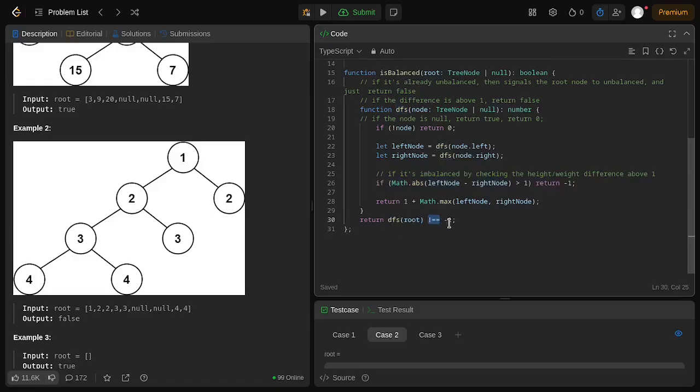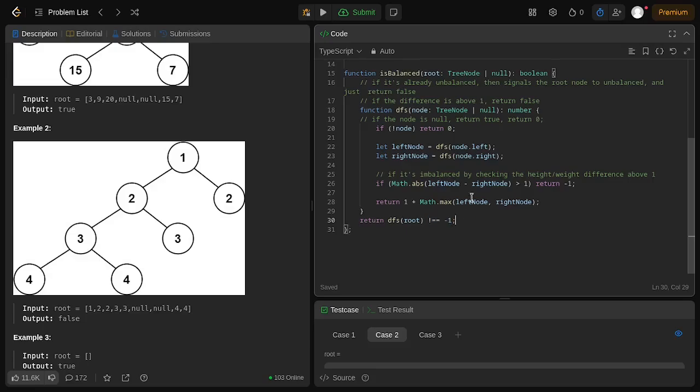Since -1 is equal to -1, we are returning false because the comparison is not equals to -1. In other words, we can still return true as long as it is not equals to -1. If it is -1, then we are returning false. If it is something else other than -1, then we will return true, because it is from the isBalance function. Let's say we have -1, then it will return false. If we have the 0, since 0 is not -1, then of course we are returning true